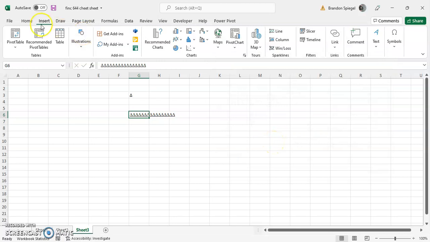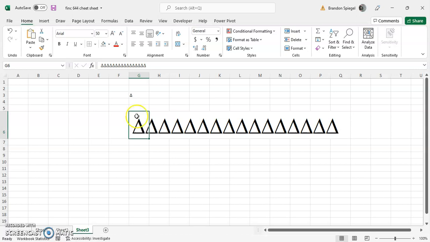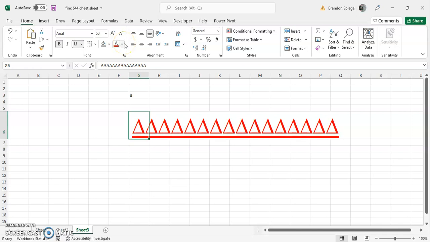And then from here, they can be edited similar to normal text. So Alt H F S to change the font size to 50, because why not? We can make them red. We can make them bold. We can underline them. And you can edit the symbol in a similar way that you can in